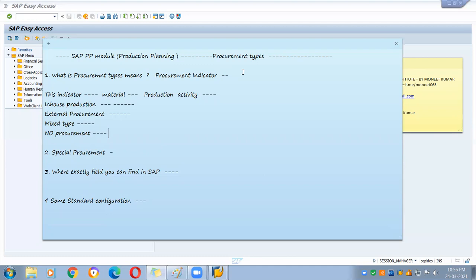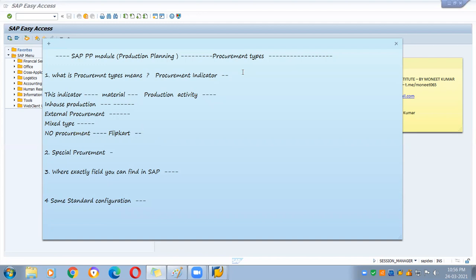Some companies like Flipkart and Amazon do not have their own plants. They are just selling the products of a different company. They are selling phones manufactured by Samsung or Motorola, so they don't have any such plants, and no procurement is happening. But they are selling those products. So in that case, we will require this no procurement indicator.